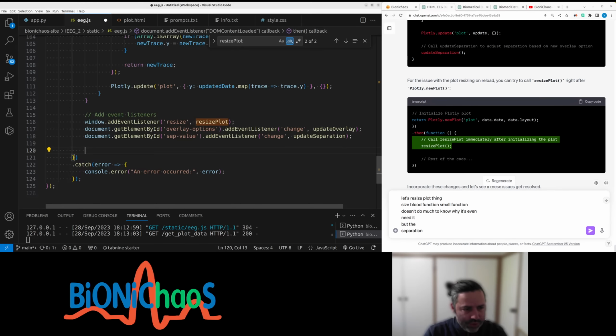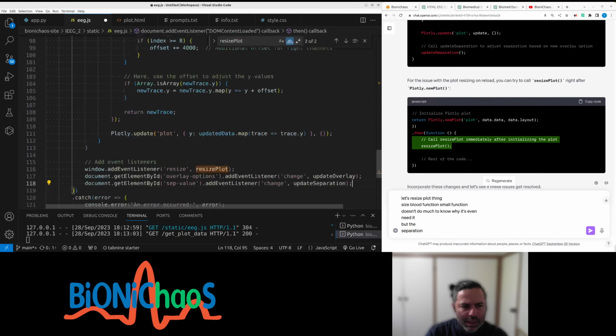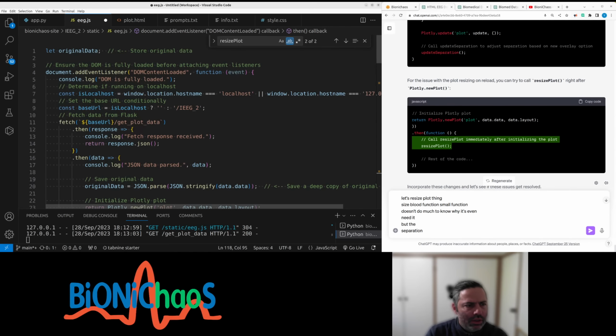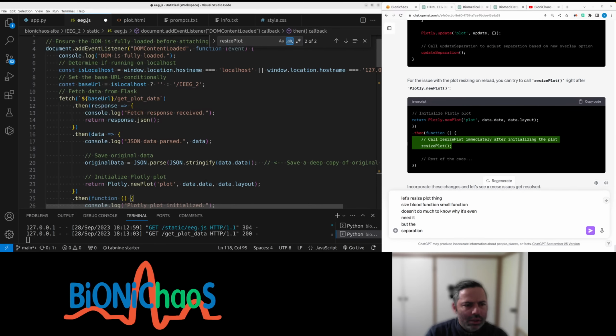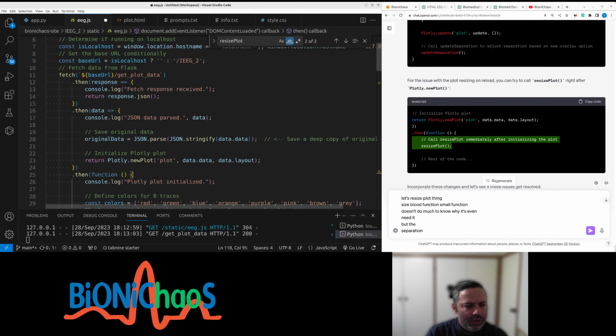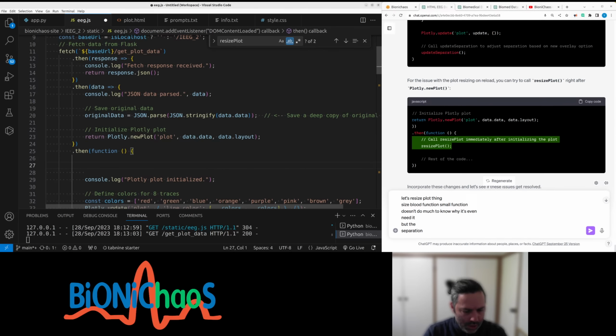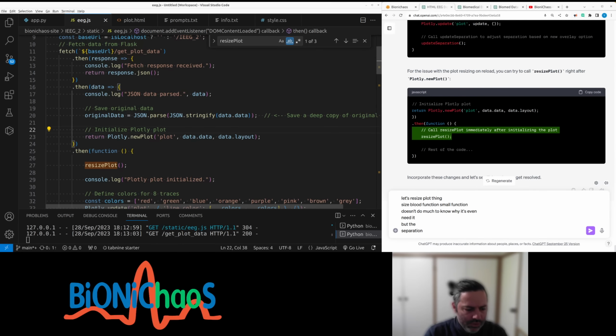I'll take it out of here. I don't think it's needed there. I don't know why it's needed at all. Plotly new plot. So it should be somewhere. Return should be plotly new plot over here, then function console log. So it should be here somewhere. Resize plot. Let's see if that